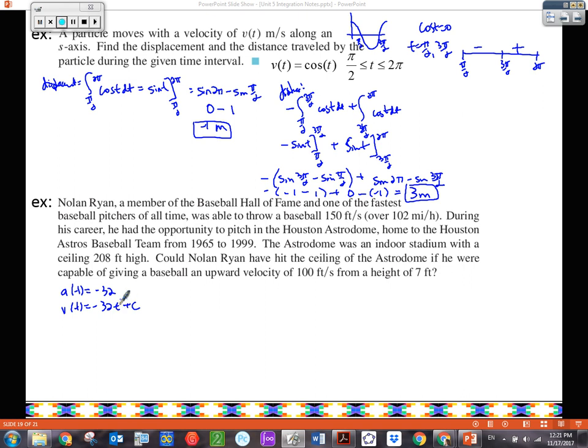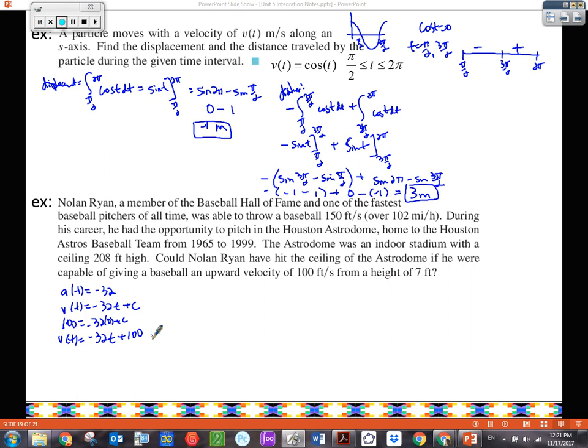If I put a 0 here and 100, can we see that our c would be 100? Does that make sense? So I'll just write out 100 equals -32 times 0 plus c. So c is 100. Right, so my velocity equation is -32t plus 100. There's my velocity equation,